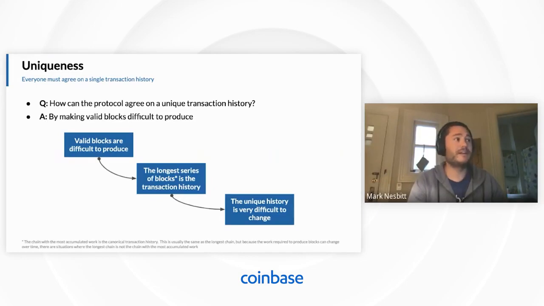So let me recap that component. How do we get a unique transaction history among all the possible infinite number of valid transaction histories? We do this by introducing this counterintuitive rule. Blocks are hard to produce. When you do that, then you can create this property of chaining blocks together and defining the longest chain as the valid transaction history. And that sorts beautifully into an order where you can define the highest one, the longest one as the canonical one, and we have a single unique one. And now this single unique history is very difficult to change because you have to compete with all the work that went into making it.